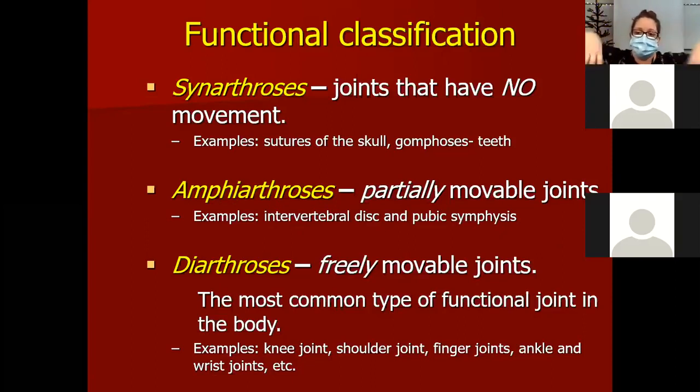Pretend like I'm a marionette and I'm connected to everything, and everything that lets me freely move around is a diarthrosis. It's the most common type of joint in the human body. Knees, fingers, toes, ankles, wrists. Everybody clap your hands. No, okay,